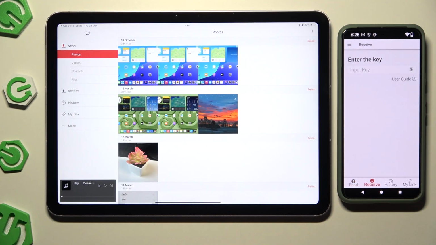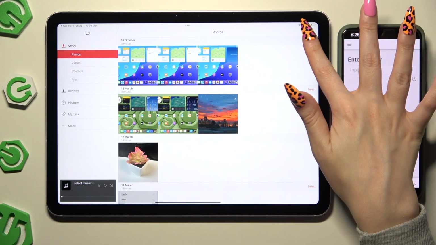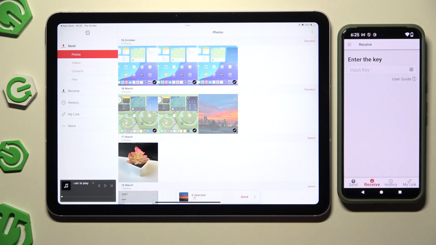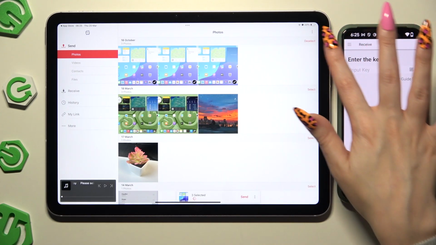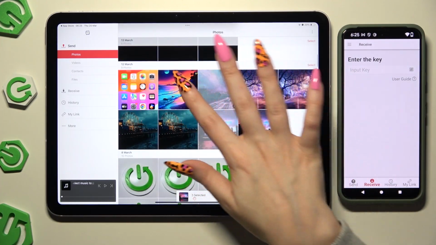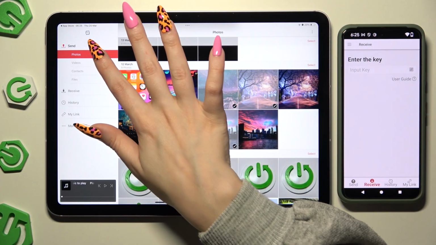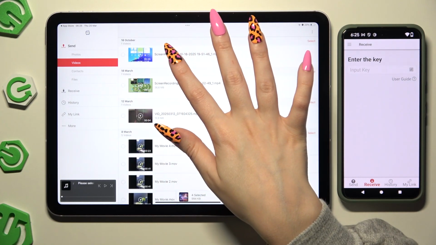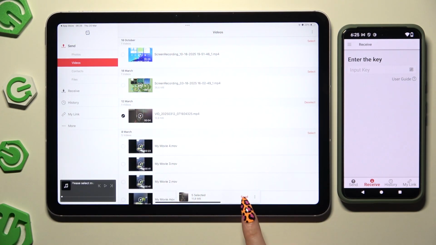Go back to your iPad to use all of those categories on the left, and thanks to them select all of your files you wish to send. I will go with only a couple just for example. Then hit Send next to Selected at the bottom